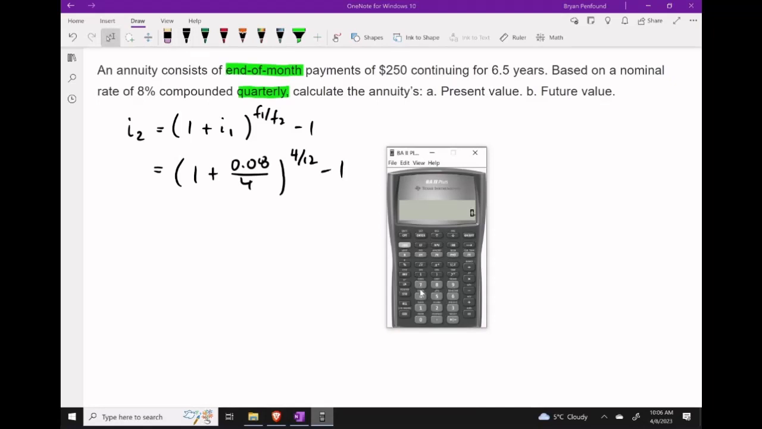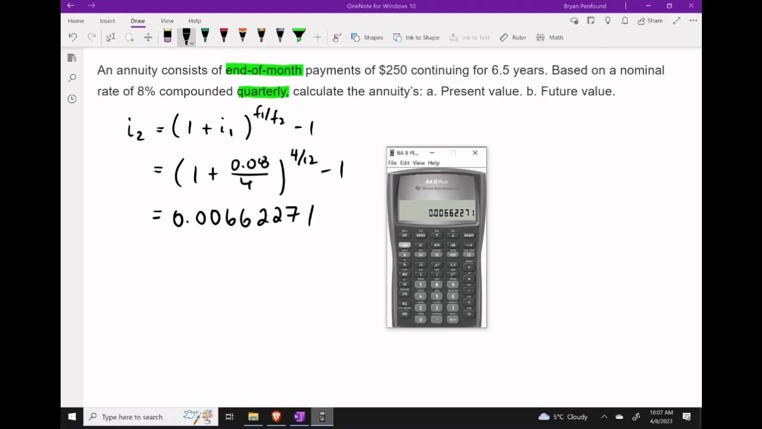Let's go ahead and move over to our calculator. 1 plus 8% compounded quarterly. Let's close that bracket and raise this to, we're going to go open bracket 4 divided by 12. Close that bracket and then subtract 1. So here's our value for I2, and what we need to do is apply this into some